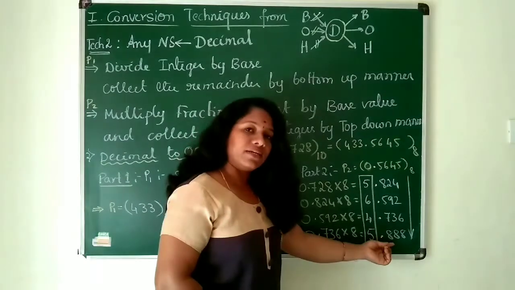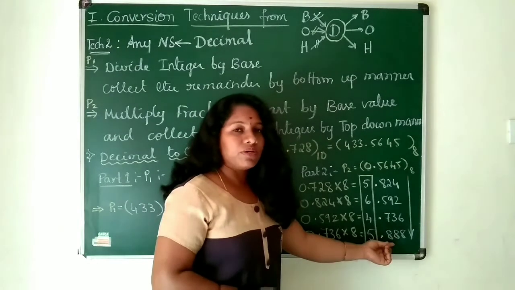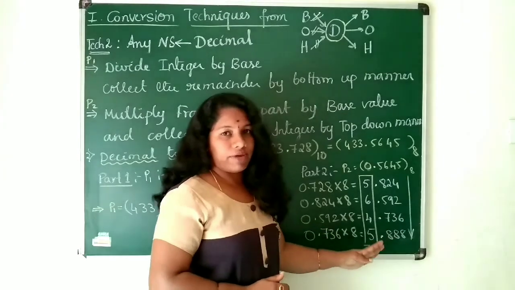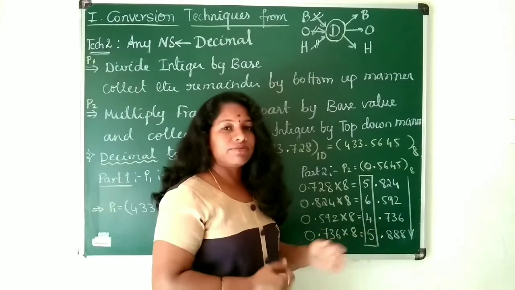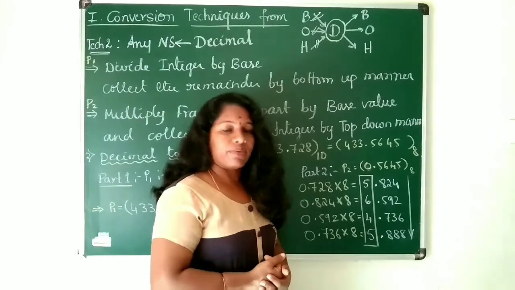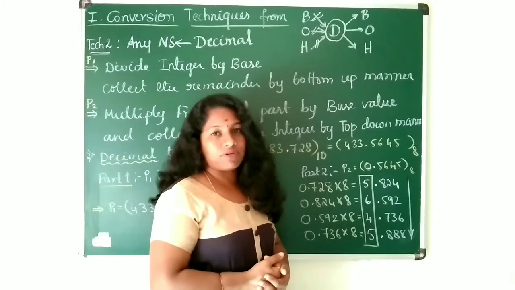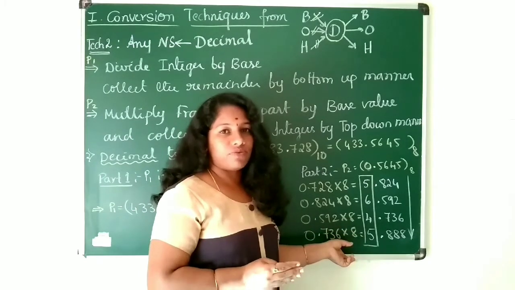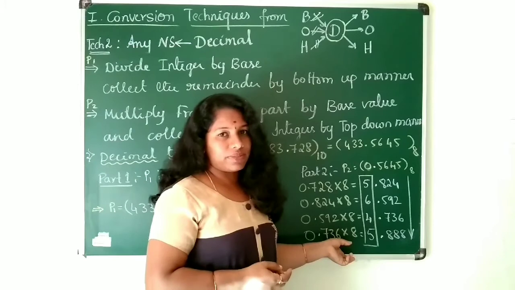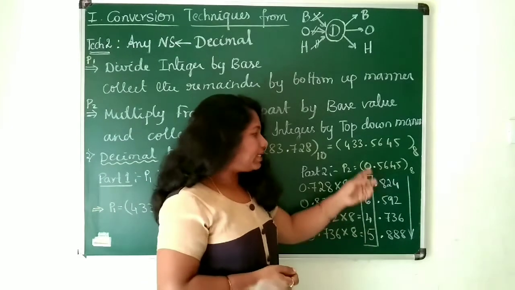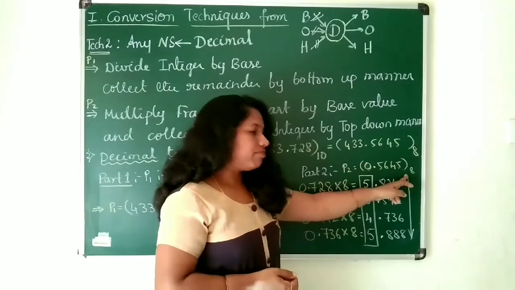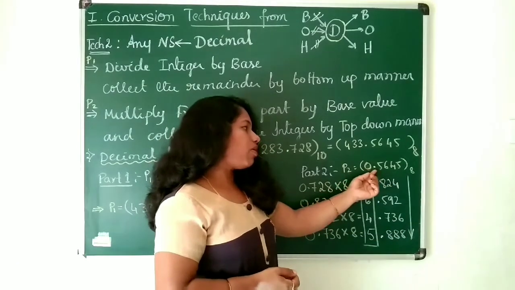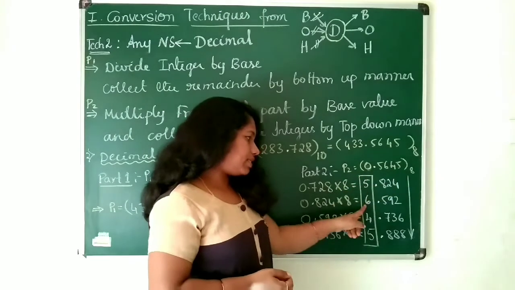So this goes on. So what you need to do? You need to stop this multiplication for 4 values. So it will be specified in your question itself. If it is specified for 6 values, you need to continue this for 2 more values. If it is for 4 values, you can just keep this for 4 multiplications and take the integer part from top down manner, so that you will be getting part 2 equal to 0.5645,